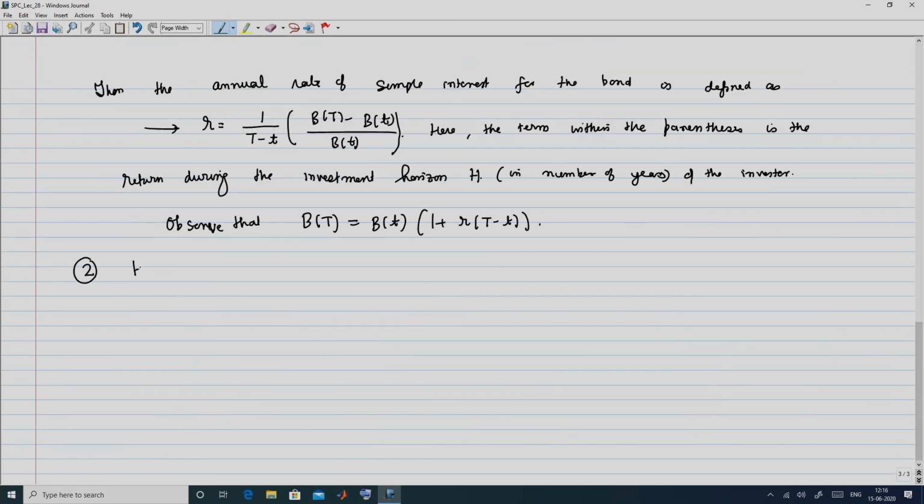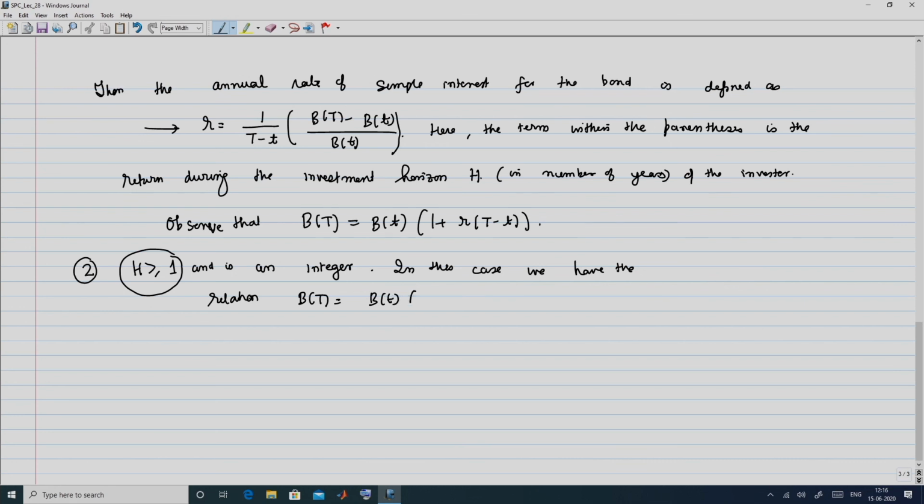Let us now look at the second case. If H is greater than or equal to 1 and is an integer. So, we looked at the case H less than 1 and now we will look at two sub cases of H greater than or equal to 1. In this case, where H is an integer, we have the relation B of capital T is equal to B of little t into (1 plus R) raised to (capital T minus small t). And for the third scenario of H being greater than or equal to 1 and not an integer,